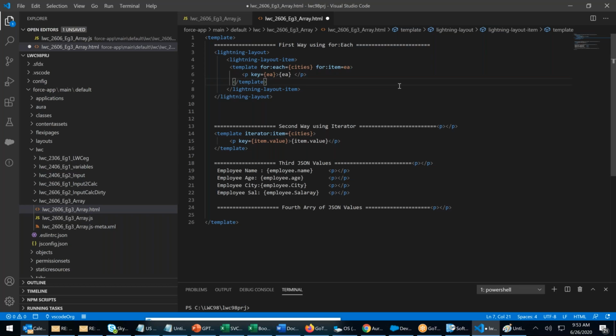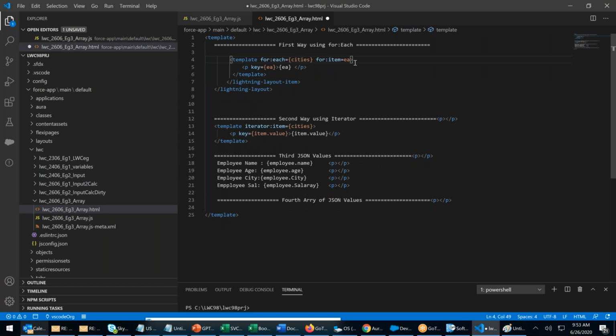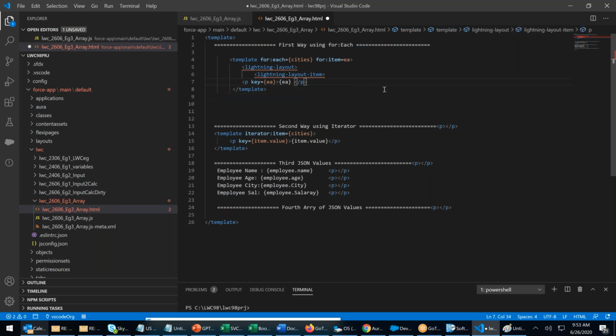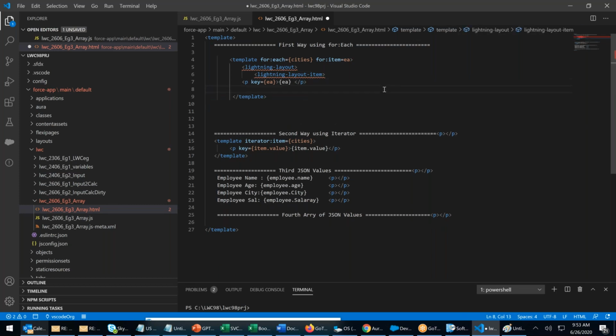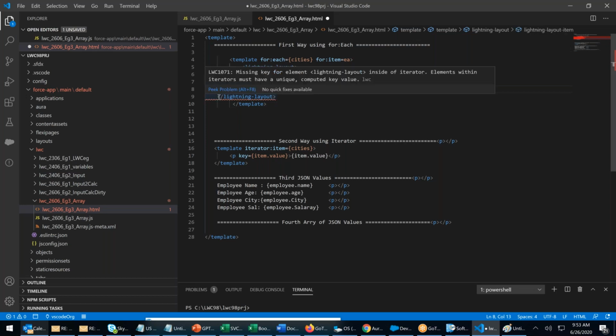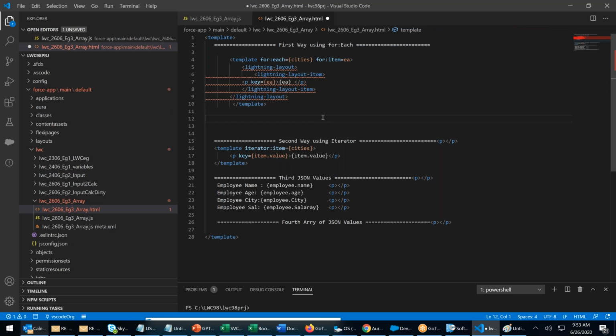No, let's do one thing. This is not the right way. We will put this Control X inside this. Can I do this or not? You have to check it out, guys. This is what the homework you have to do. Lightning layout start, layout ends.